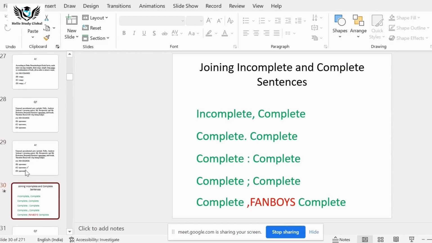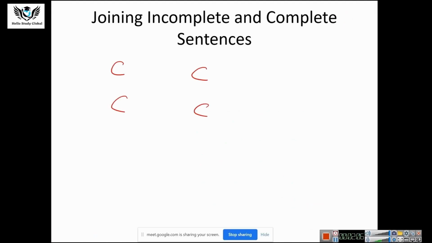How do we join two complete sentences? So there are four methods to join two complete sentences. Let's say there are two complete sentences. They can be joined using a full stop, that is a period. They can be joined using a semicolon. They can be joined using a colon, and the fourth method is by putting a comma and using one of